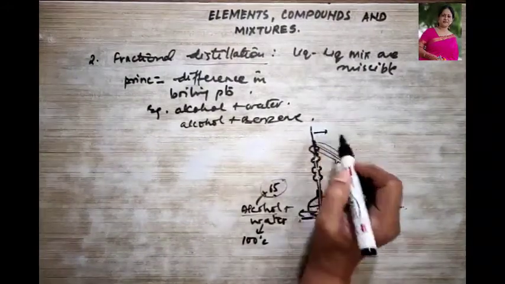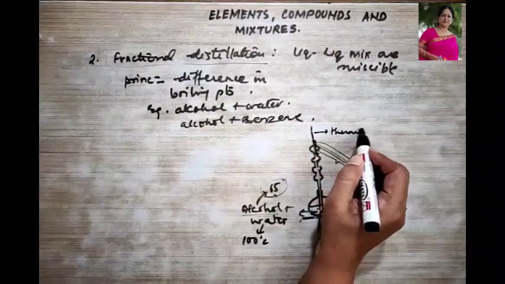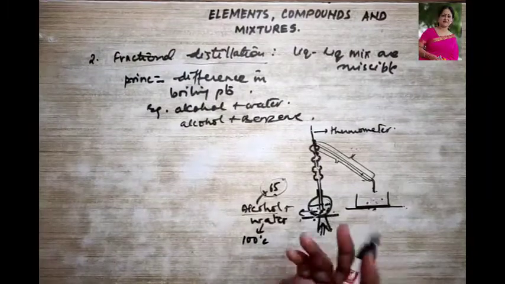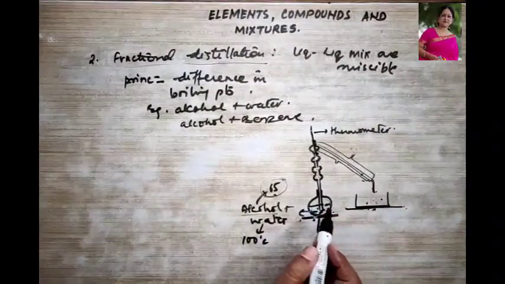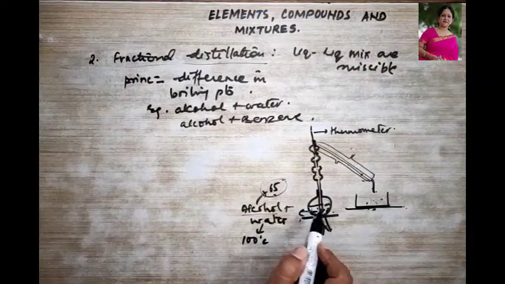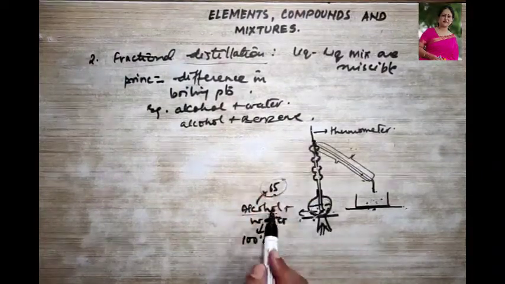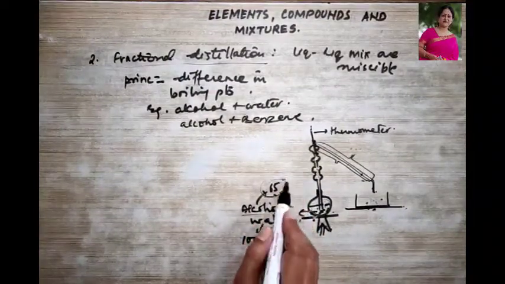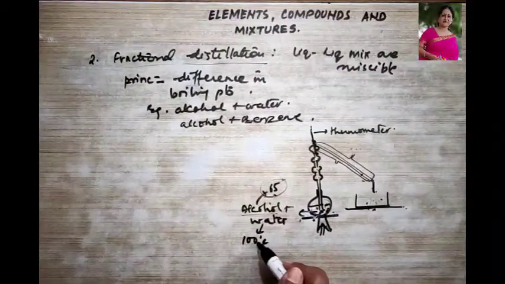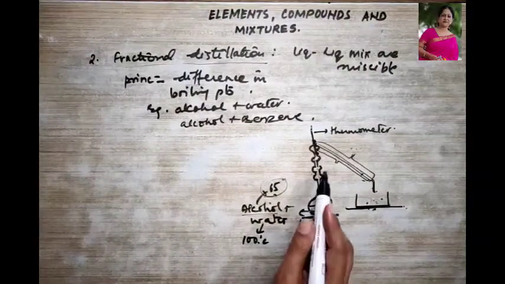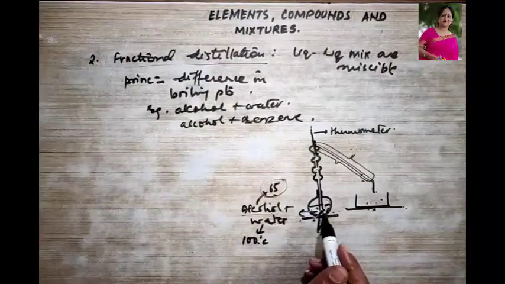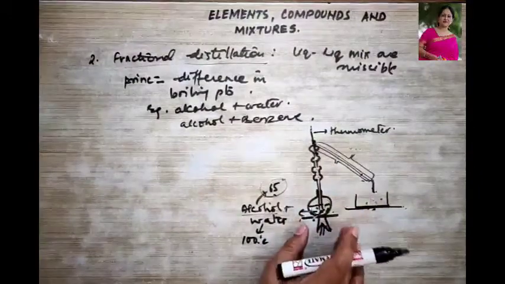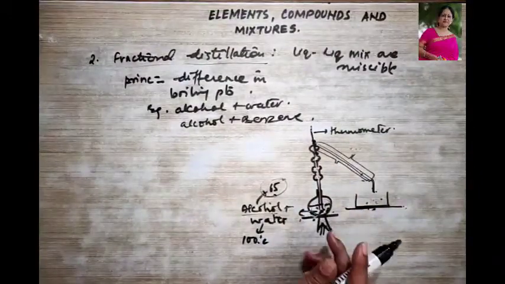Now, what is the use of this thermometer over here? With the help of the thermometer, if suppose two liquids were mixed into one another, and I do not know which liquid is mixed here. So with the help of the thermometer, now I know that alcohol will boil at 65 degrees. So when boiling at 65 degrees started, I understood that there is alcohol over here. Waiting for 100 degrees, when the water starts boiling, I understood that water was also present here in the form of a mixture. Clear? So the thermometer gives us great help in knowing the type of mixture which is present in the round bottom flask.